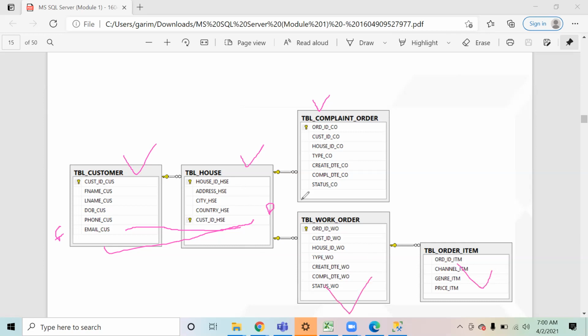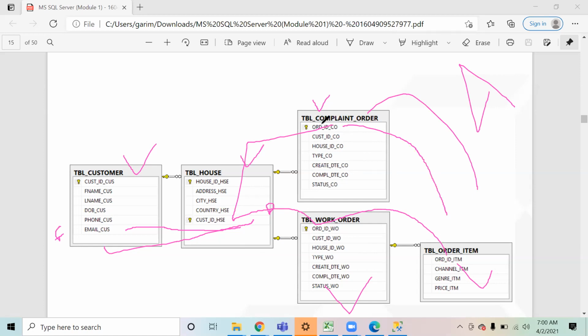So that is how the relationship is. Now, this table is not connected to this, right? This table is connected to this, and this is to this. So if you have to fetch any information between these, you will have to first go inside this table, then inside this table, and then you will be able to fetch the information from here.